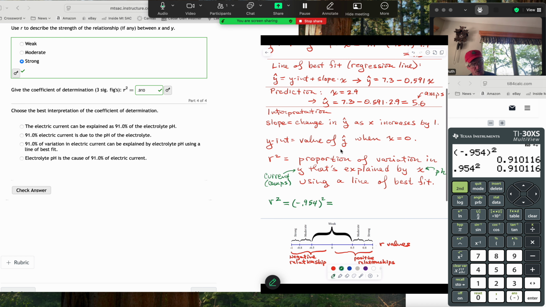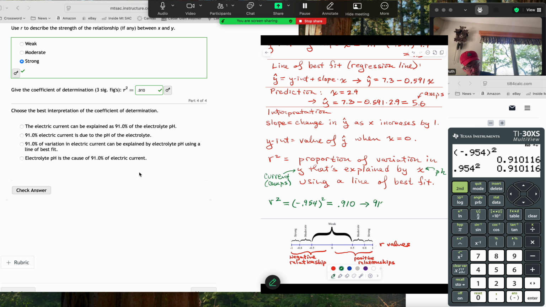And so we're just saying as the pH increases, we saw the amperage go down, and so we've got all this variation in amperage. And since R squared, I didn't put it down, it was 0.910. So since R squared is 0.910, we would think of that as